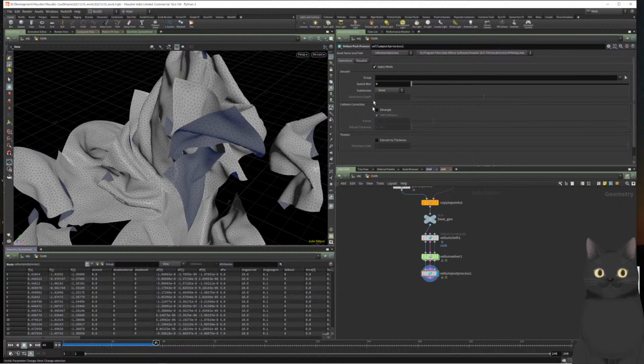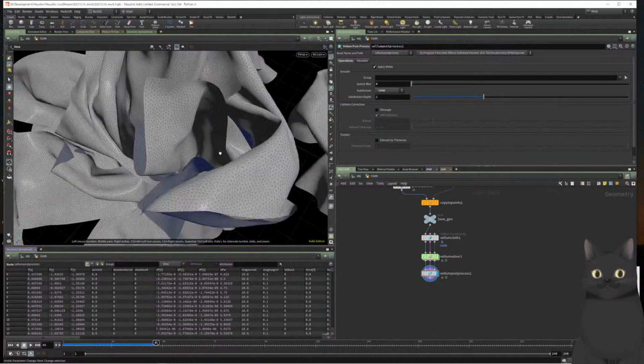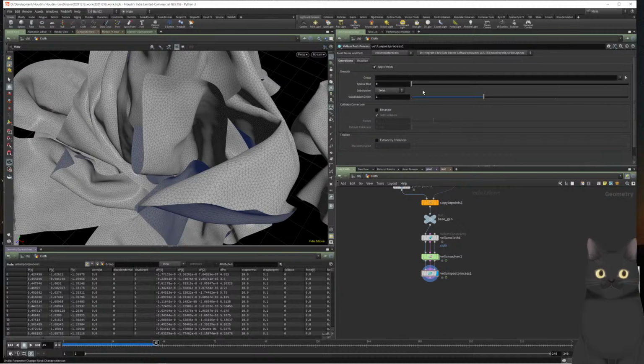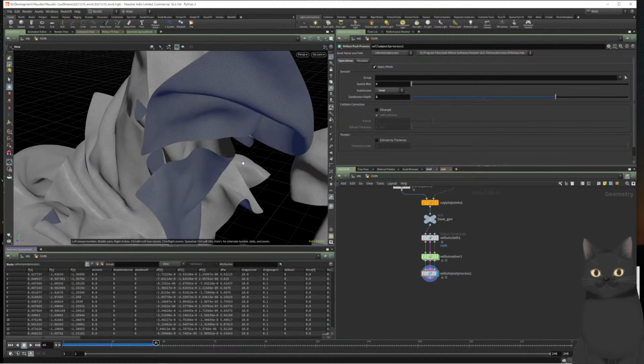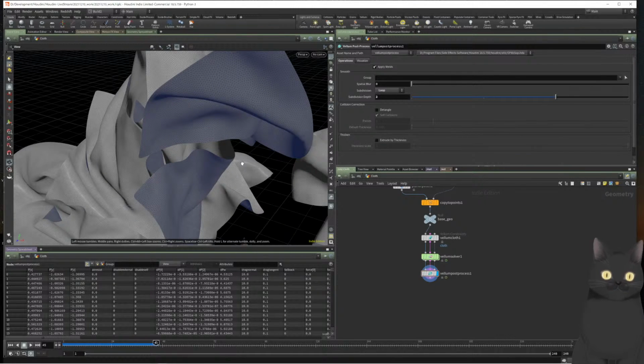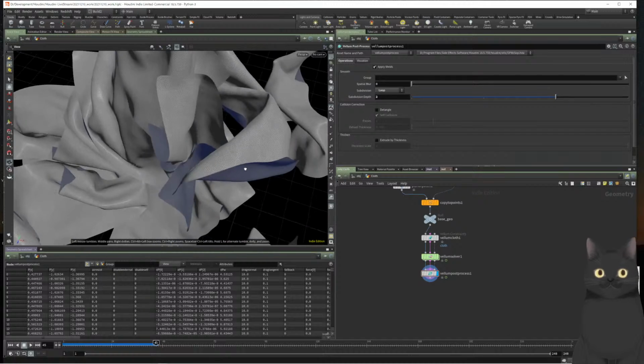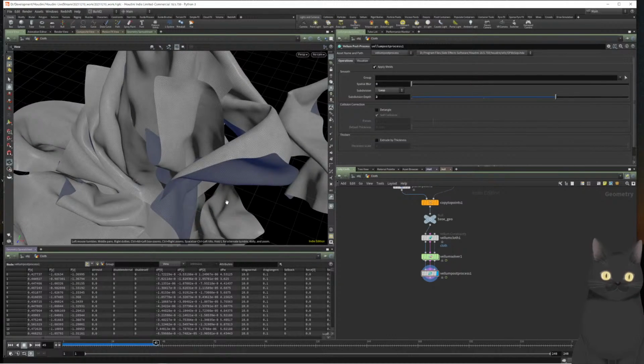You can even increase these, but be careful increasing these because it can take a little bit more